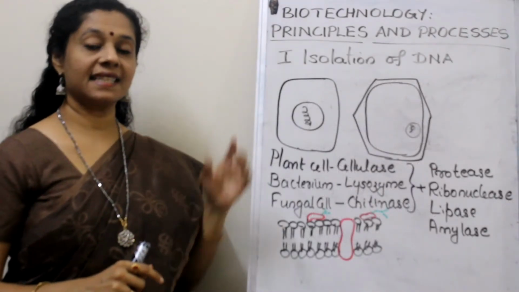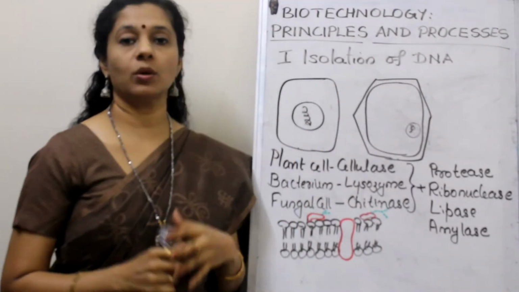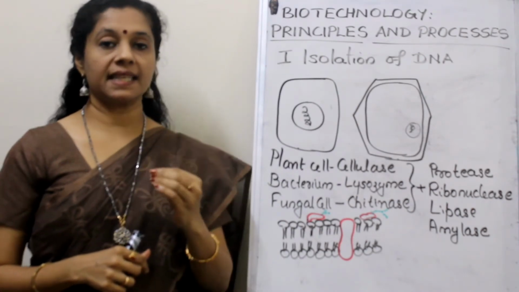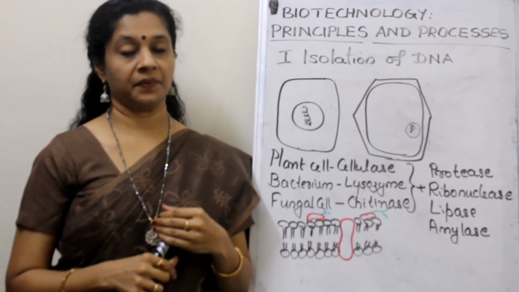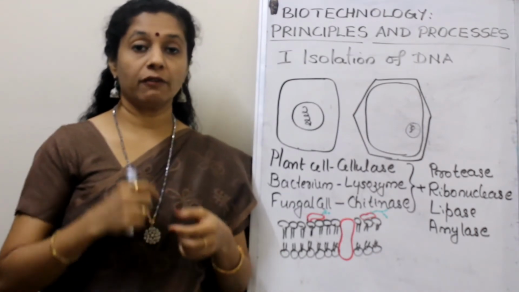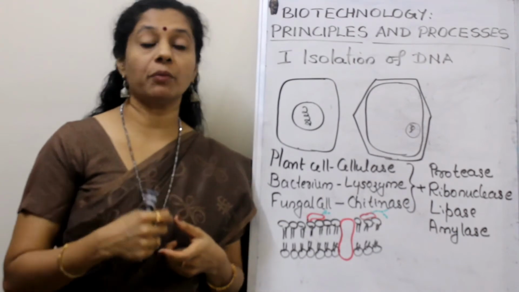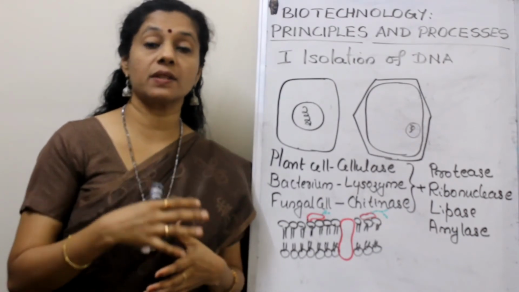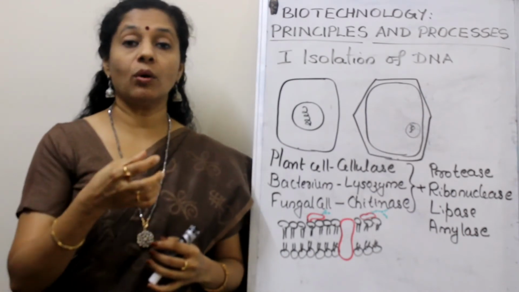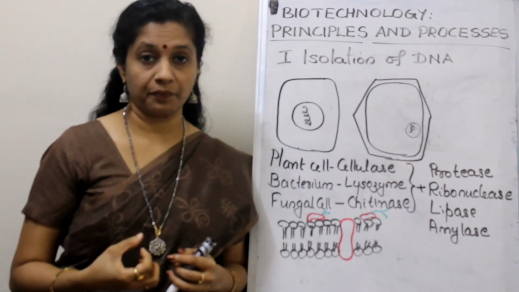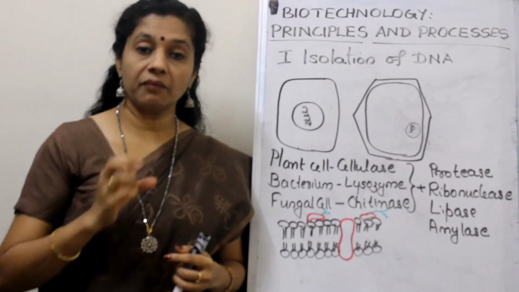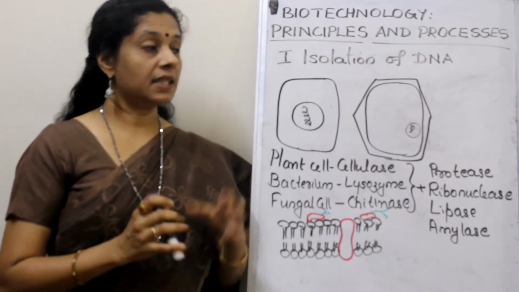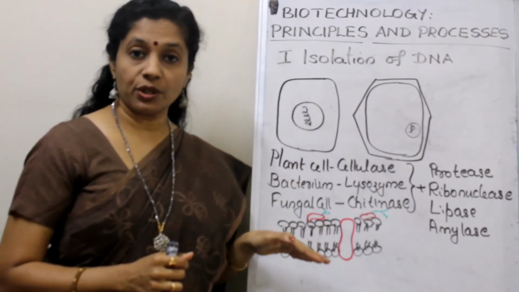Let us now discuss the isolation of DNA. What is the procedure? Where is DNA located? DNA is present within a nucleus. Inside the nucleus, we know that for packaging of DNA, histone proteins are used. And there are non-histone chromosomal proteins also associated with DNA. But we want DNA in a very pure form. So to get the DNA into pure form, we have to digest all the other parts of the cell. So these are the steps that we are going to follow.